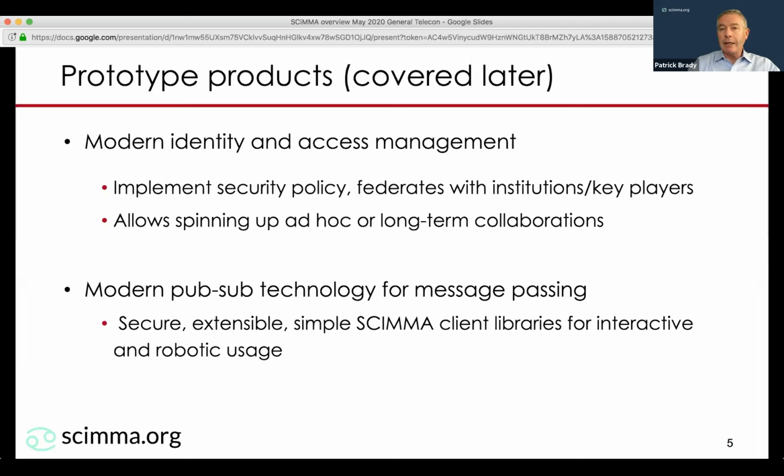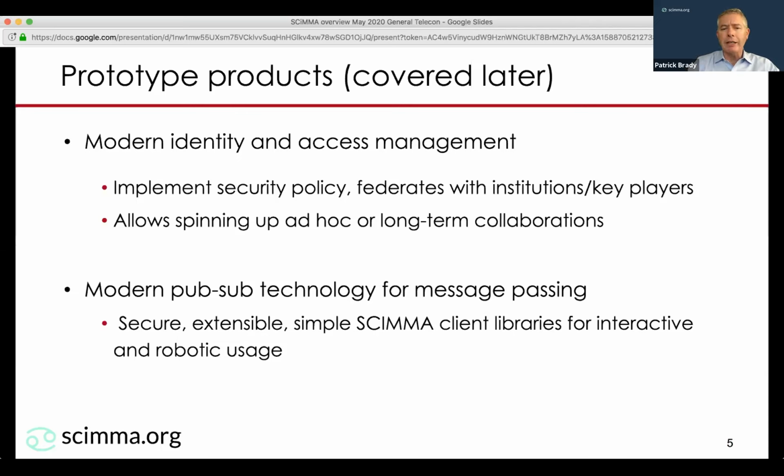The second thing that we focused on is a publish-subscribe message passing system. We know that alerts have been a key piece of the infrastructure for multi-messenger astrophysics. GCN has served us very well as a community to share information based on many people having access and knowing what was there.